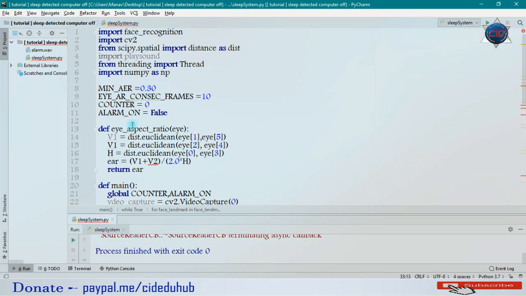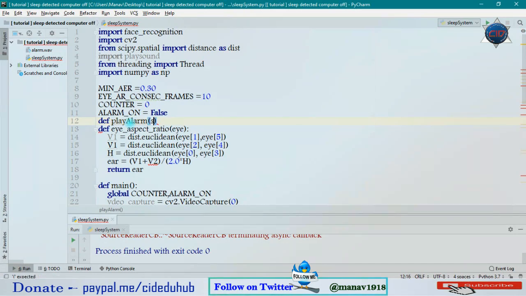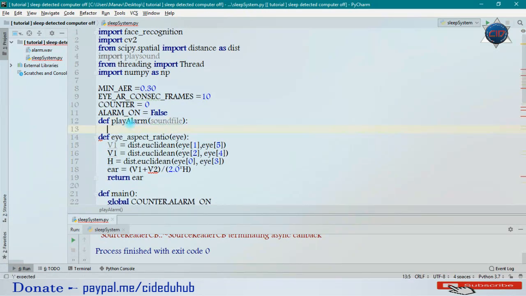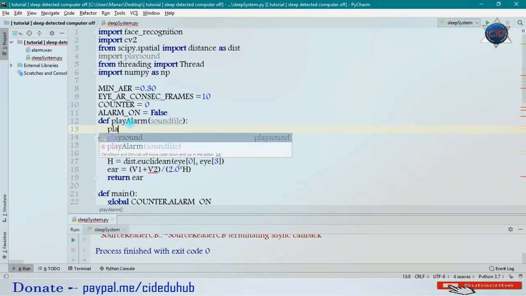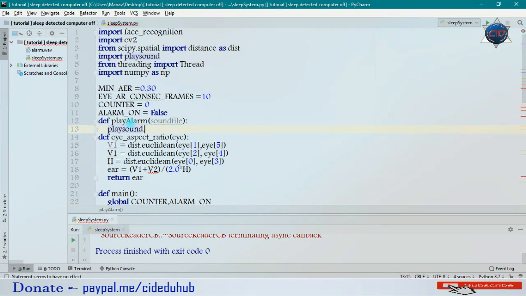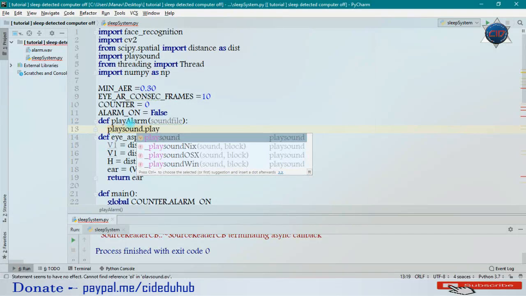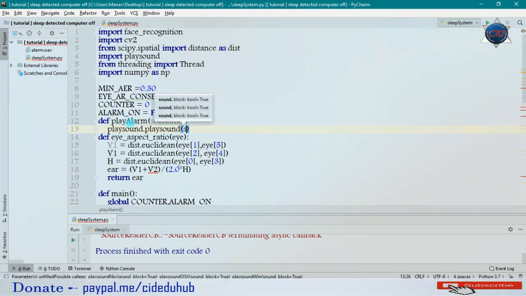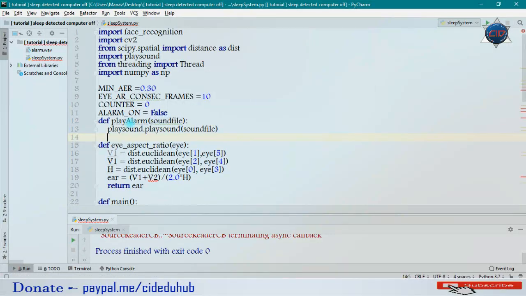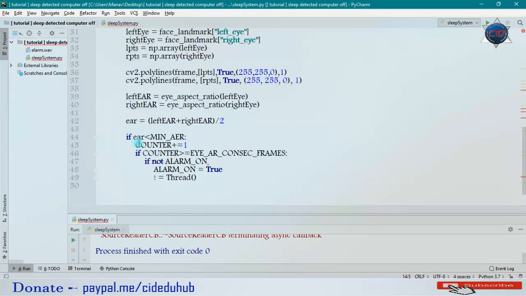Let me come above these things and create another method called play alarm. Under this I will pass the sound file, that means you will have to pass the sound file and it will be played. So I will use the playsound method of the playsound module. I will call playsound and pass our sound file. Now it is created, and let me call this play alarm method.